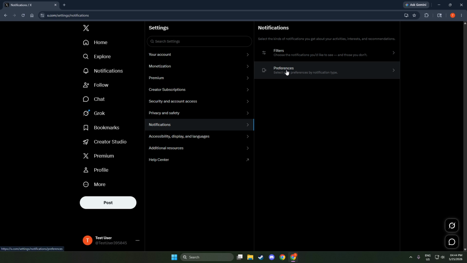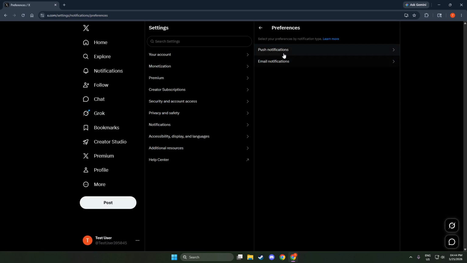Now toggle off the email notification switch. Flipping this master switch to off tells X to stop sending you routine notification emails. The change takes effect moving forward, so you shouldn't see new non-essential messages coming in after this. You don't need to hit save. X applies the setting automatically.